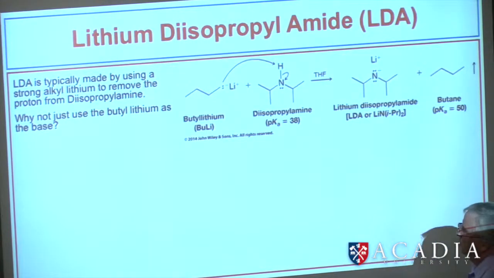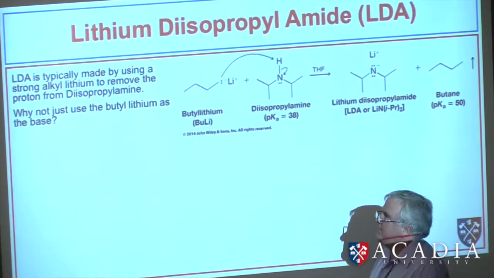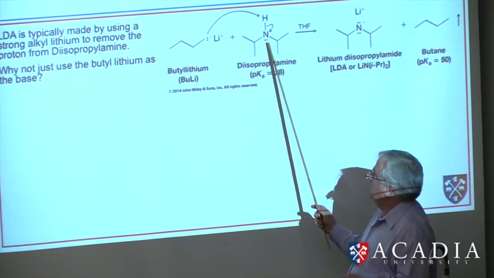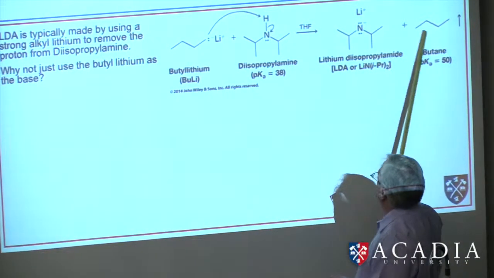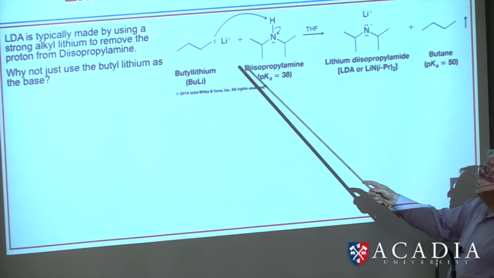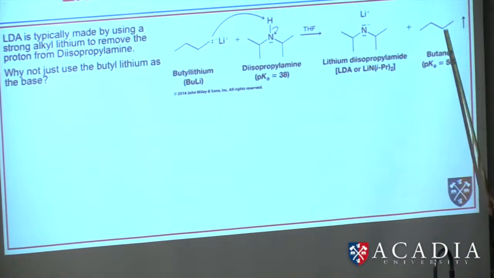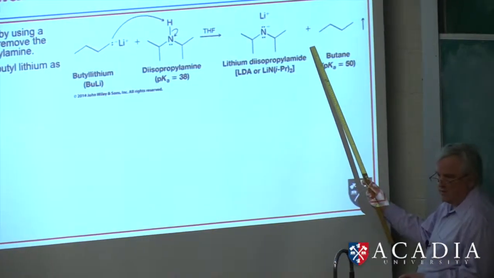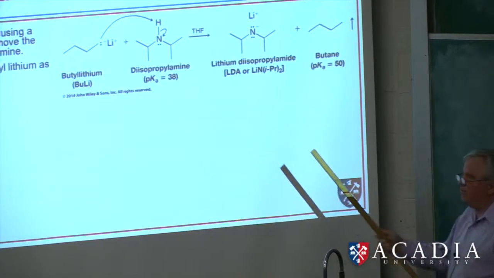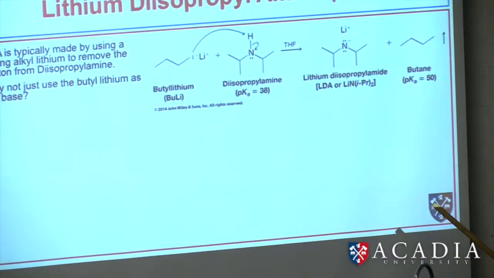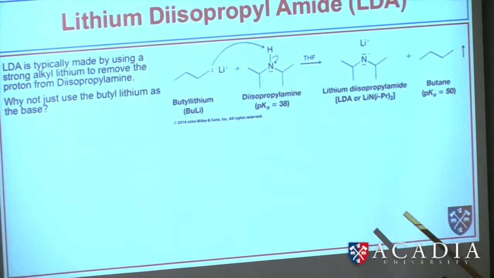Lithium diisopropyl amide, it's typically made from butyllithium and diisopropyl amine, and that gives us this. The conjugate acid of this, which is just butane, has a pKa of 50, so this reaction also lies very far to the right. So now you might ask yourself, why not use the butyllithium as the base? Well,